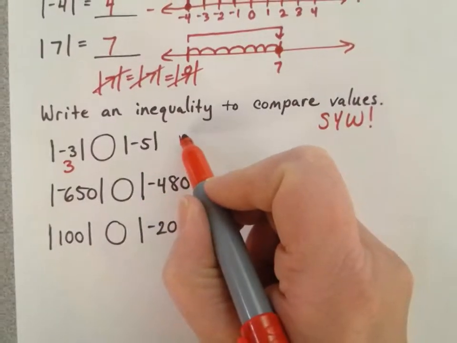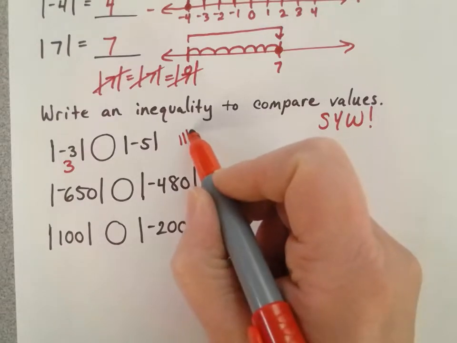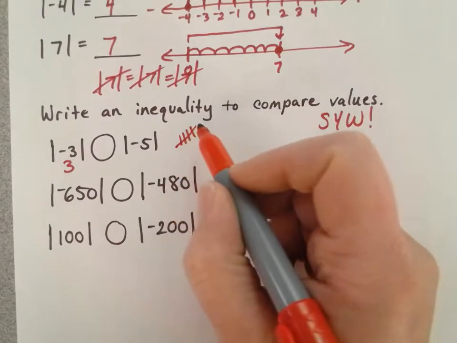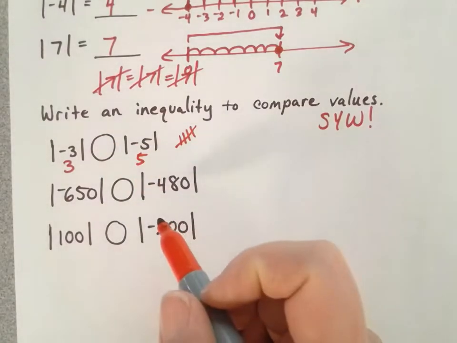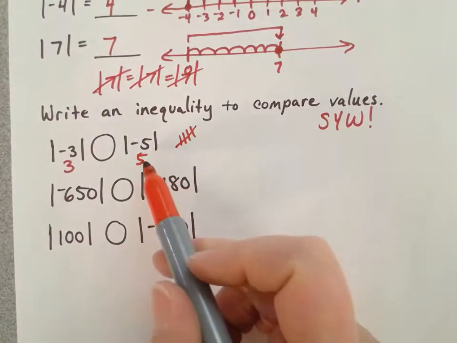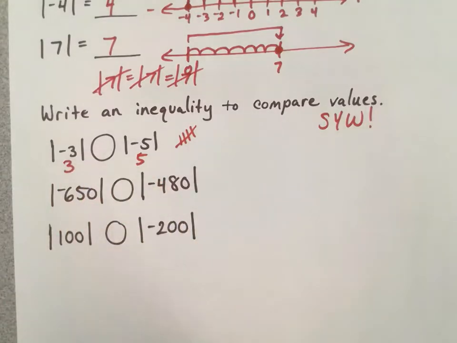1 for -1, 2 for -2, 3 for -3, 4 for -4, 5 to get to -5. Looks like I'm just going to get 5. And again, it's going to be positive because we're talking about a distance. Distance is always positive. Notice I took those bars, those absolute value symbols, off, and I can really compare